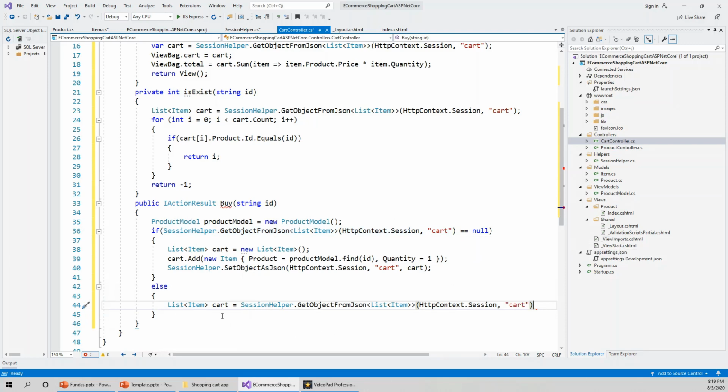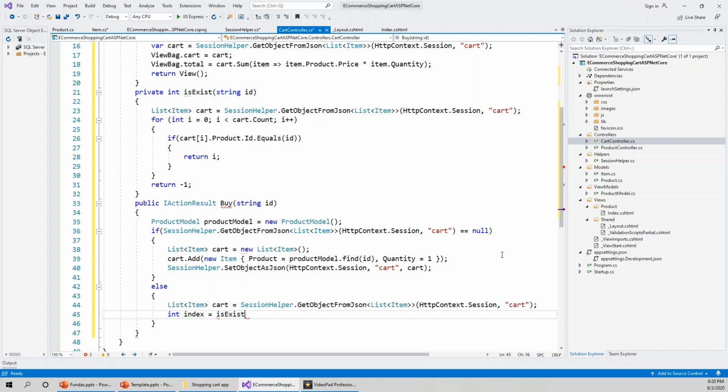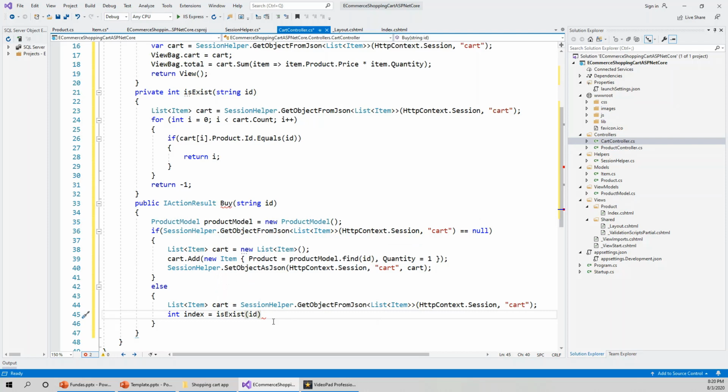Okay, then you come to this else branch and write the same code. Okay, and then int index equals call this isExist function to check if a product with that ID exists, and get the index. Okay,